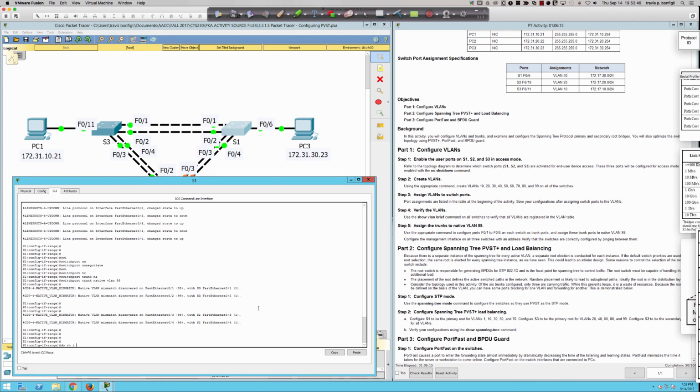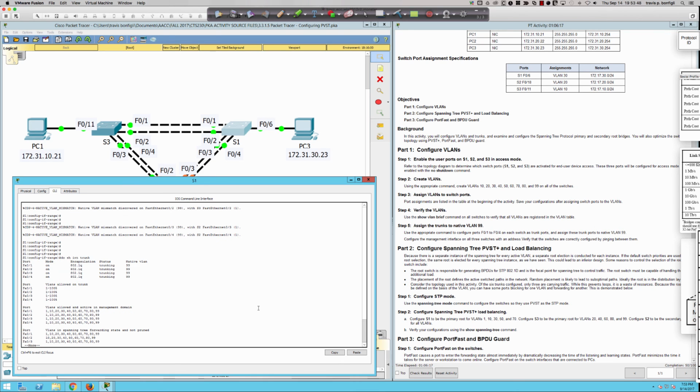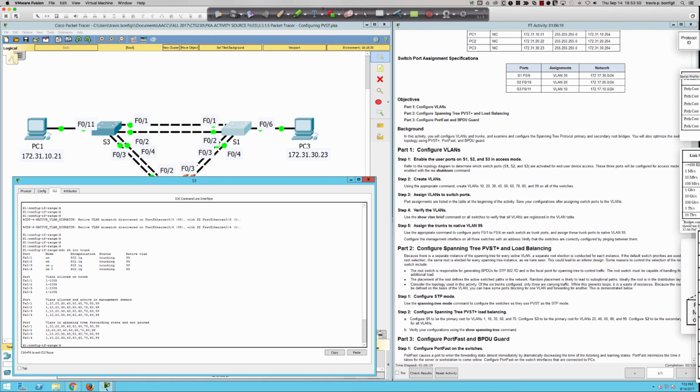Now, do show interface trunk. What do you expect to see right now? Well, we see that 1, 2, 3, and 4, these are all in trunking mode, right? And it's on because I've hard-coded it on. And a quick